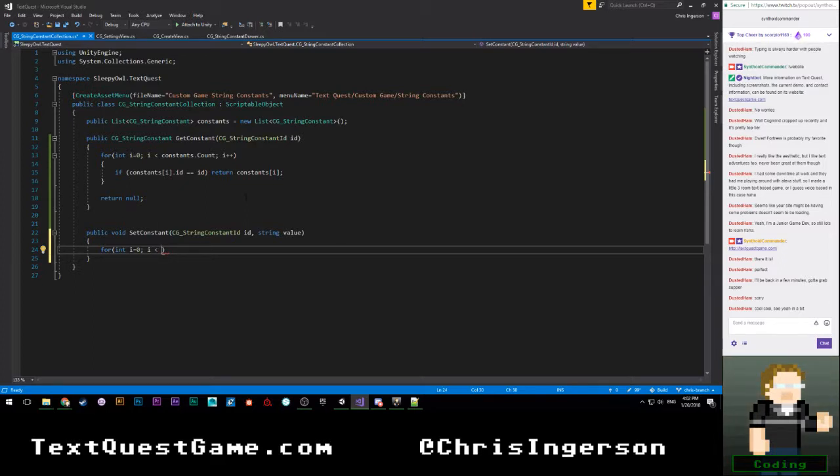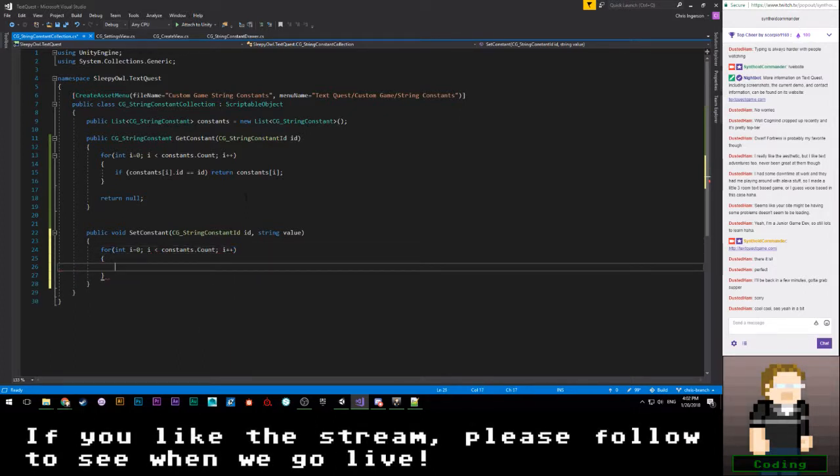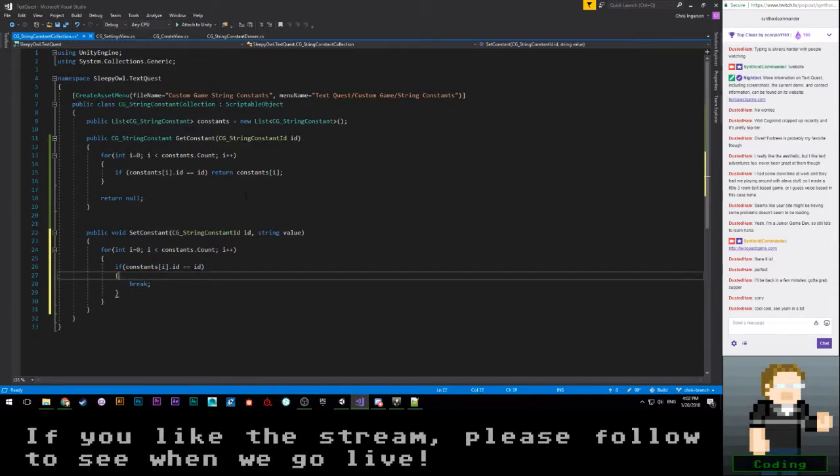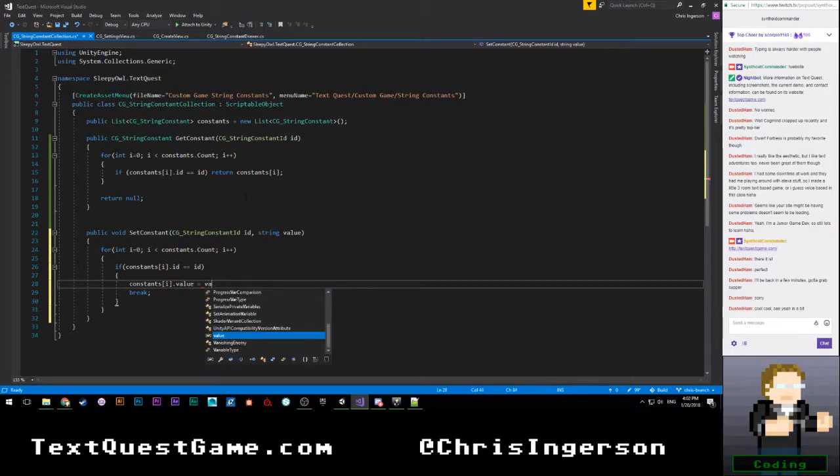So we're going to say i is less than constants dot, not length, that's not how lists work, dot count, i plus plus, and then we're going to say if constants of i dot ID is equal to ID, we're going to break out of our loop here, and we're going to say constants of i dot value is equal to value.